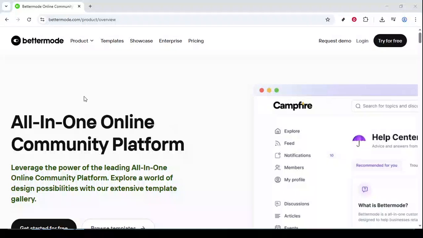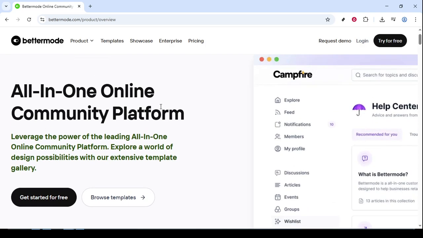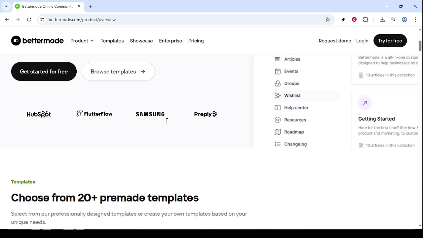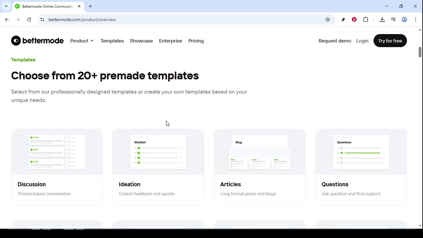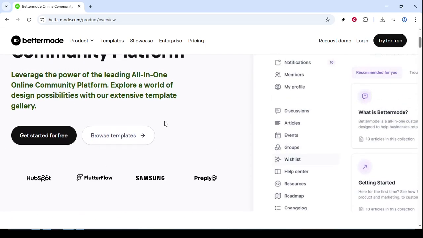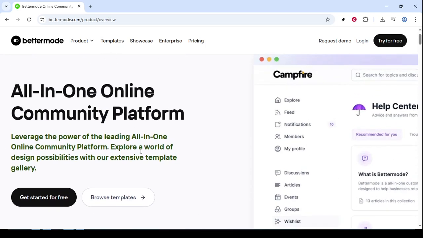In today's video, I'm going to teach you about how to navigate and utilize the Bettermode platform, an all-in-one online community solution designed to enhance your community building experience. To get started, you'll first need to head over to the Bettermode Online Community Platform Overview. This page will give you a comprehensive look at the platform's capabilities and features, serving as your launchpad into this